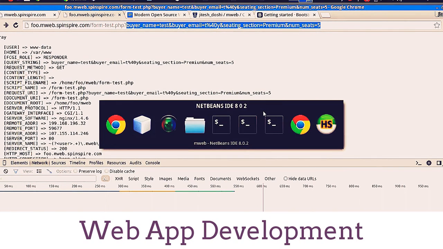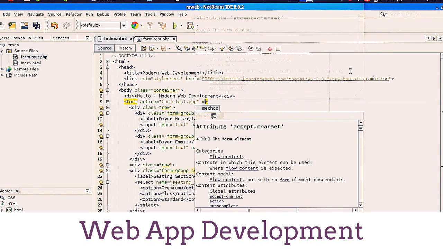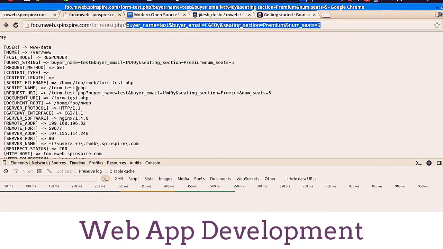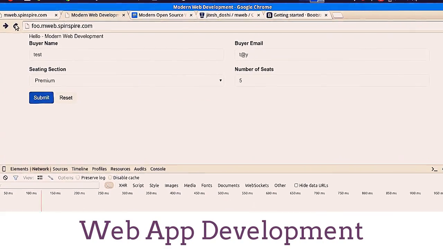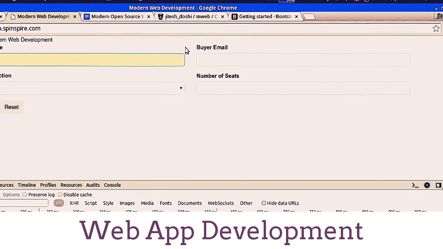That is the nature of GET requests. The POST requests are exactly what we are going to try now. Go to form and add a method attribute and give it a value of post. So if I save, now when I hit reverse, and then of course I have to refresh in order to make it a POST,